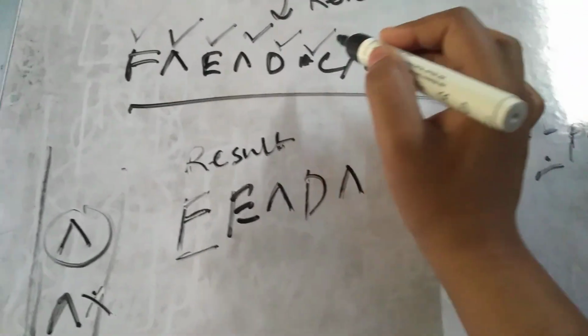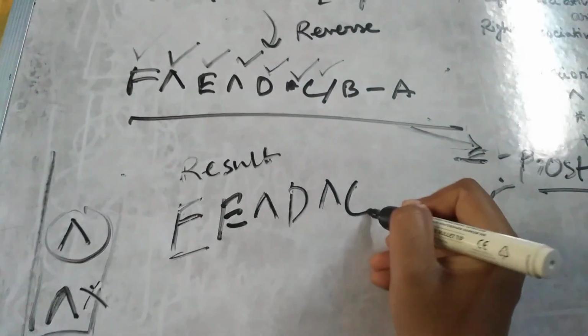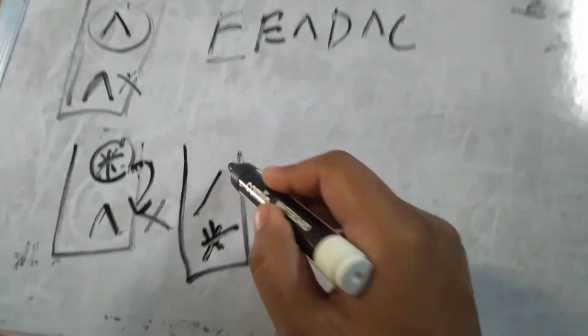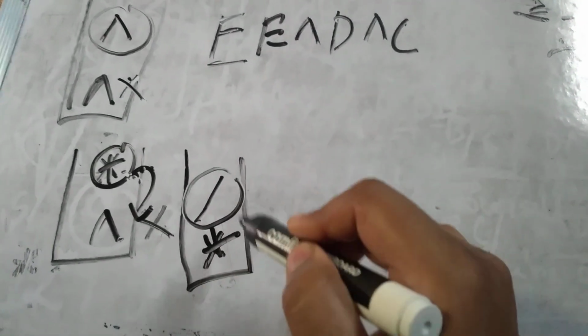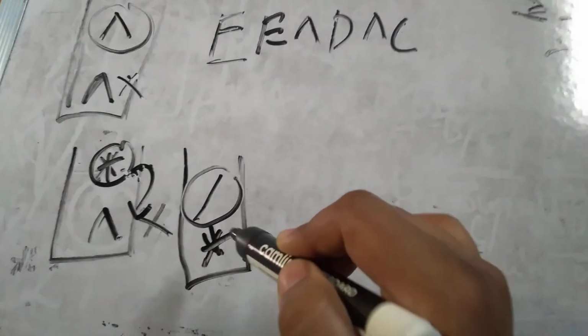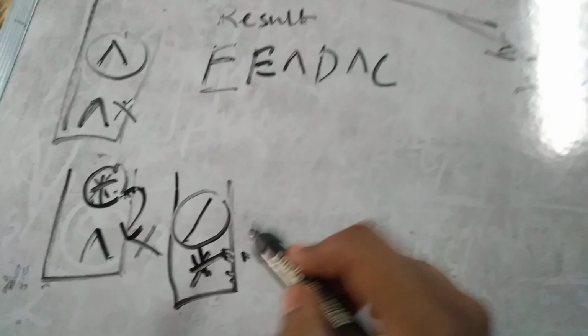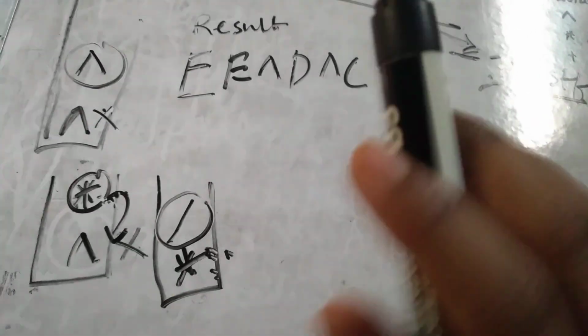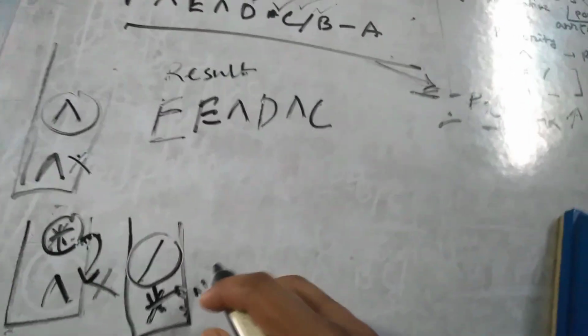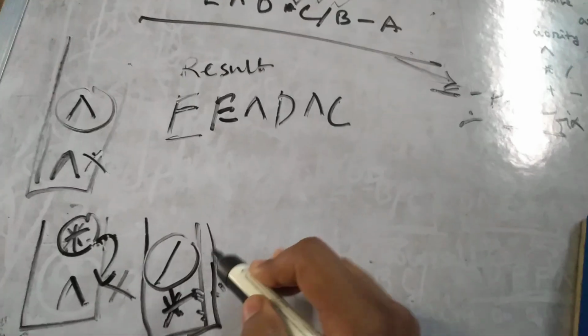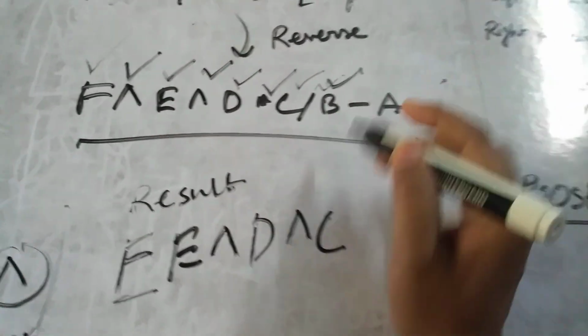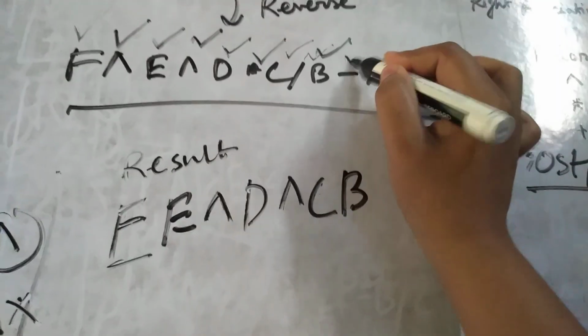Okay, now go to the C, place it here. Now comes the division operator. Here this rule happens. Is this less than the multiplication operator? No. Is this equal to the multiplication operator? Yes, but here no popping happens. In the normal postfix conversion rule it would pop, but here no popping, so there is no change. The stack will remain the same. Now B is placed here. Now minus comes.